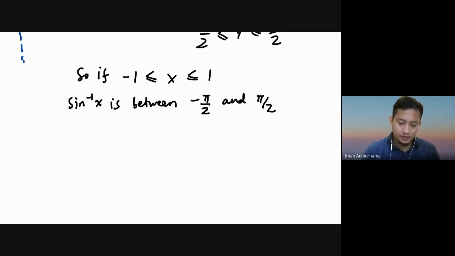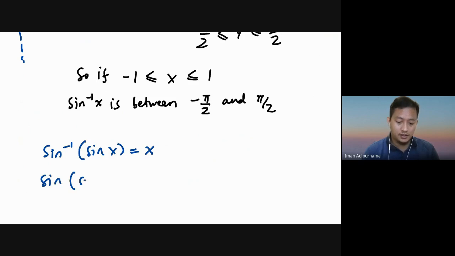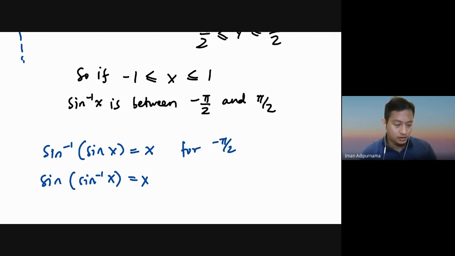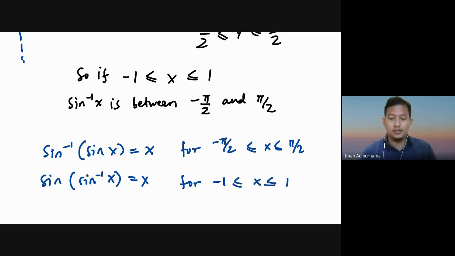And sine inverse of sine x is x, and sine inverse x, so x, that is the property of the inverse. This is for this x, and this is for, okay, so you need to look at domain and range. It's exchangeable. Okay. All right,